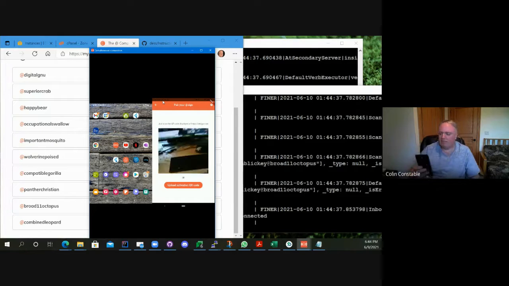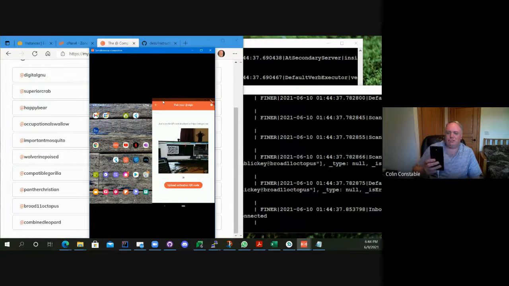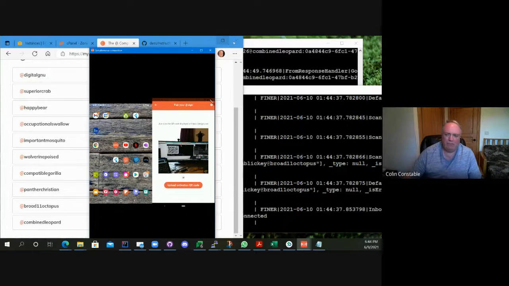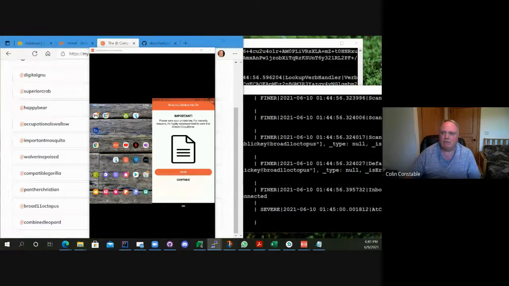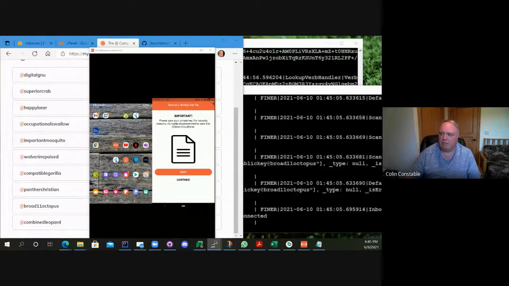And now you can see my big screen. That's why I couldn't share the screen earlier. And there happens to be a Combined Leopard QR code up on that screen. So it's scanned that QR code. The spinning is while it's cutting the cryptographic keys on my phone. Once it's cut the cryptographic keys, I put the secret key in the keychain on the phone, and it will upload the public side of that so I can log back into it. And I actually check to see we can log in.